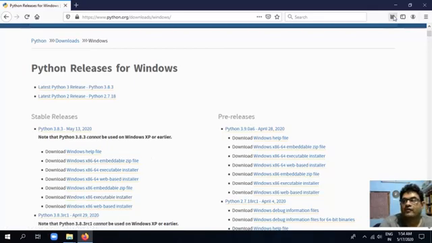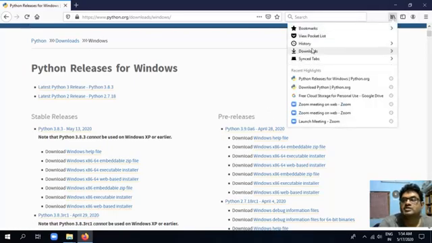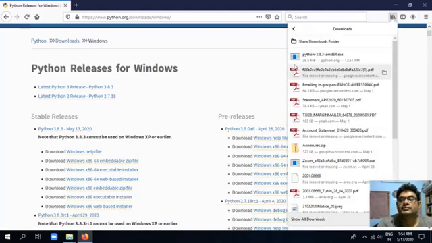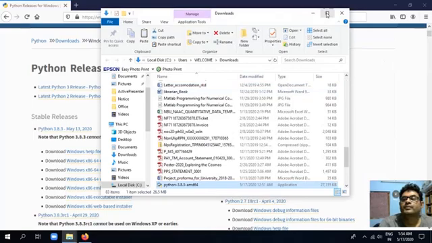As it will take time and my internet is very slow, I have already downloaded Python 3.8.3. It is in the download folder. Now I am opening the folder where it is.